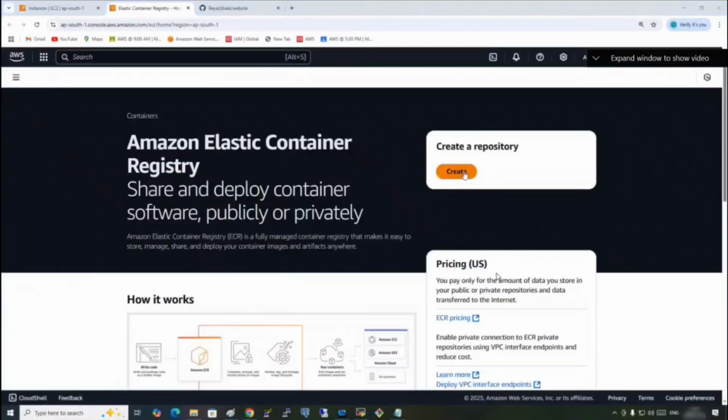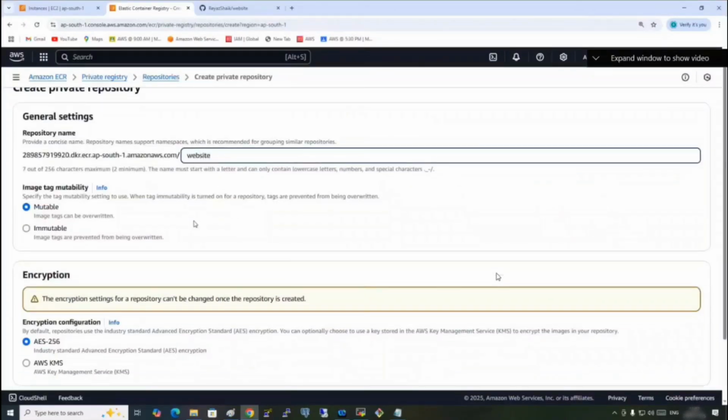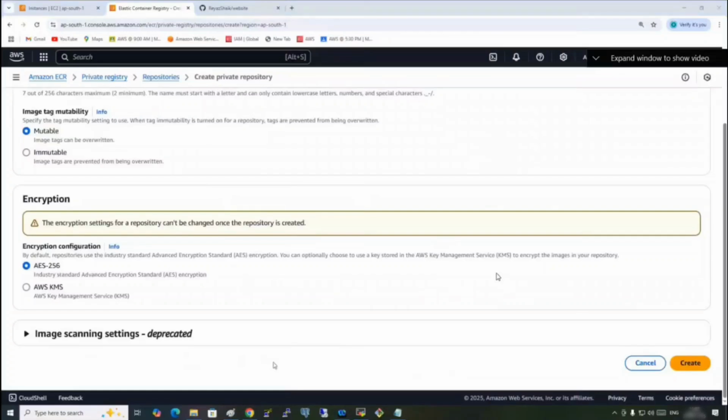Okay, let's click on create. And then do you see this here? I call it website. So you can give any name, right? My repository name is website, and then let it be encrypted, AES256, and just simply go ahead and